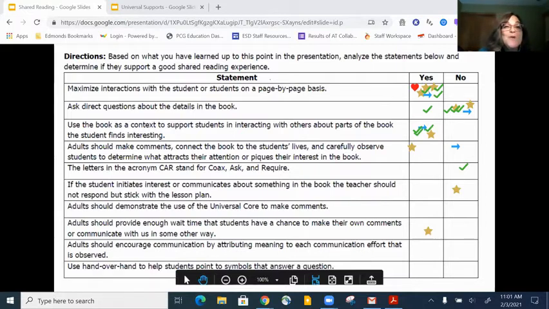Okay. Adults should make comments, connect the book to the students' lives, carefully observe the student to determine what attracts their attention or piques their interest in the book. Getting lots of yeses there. Okay. The letters in the acronym CAR stand for coax, ask, and require? Does anybody remember what they were?